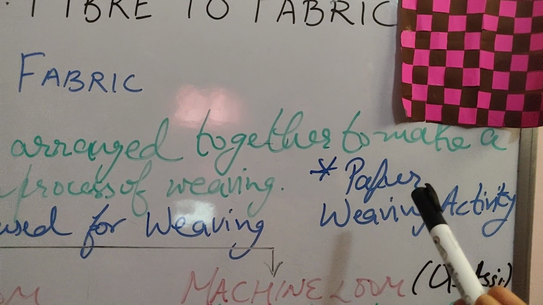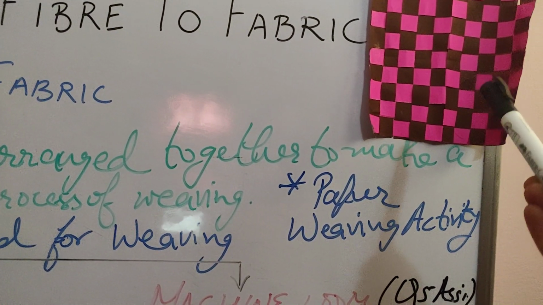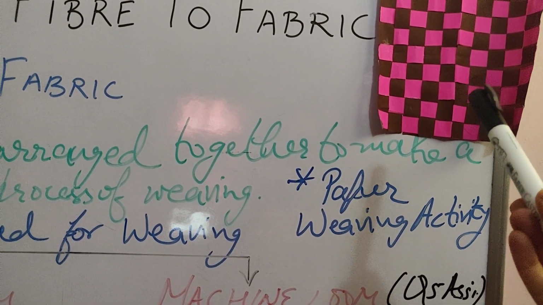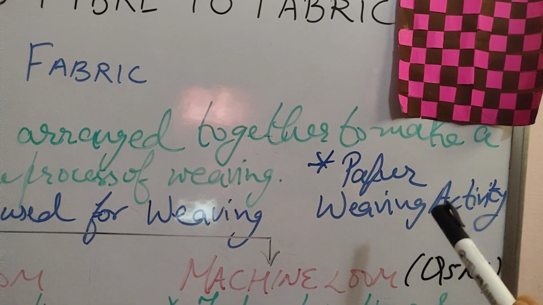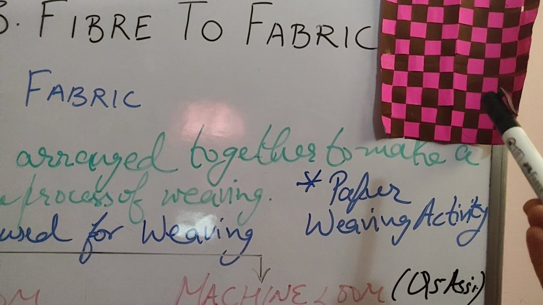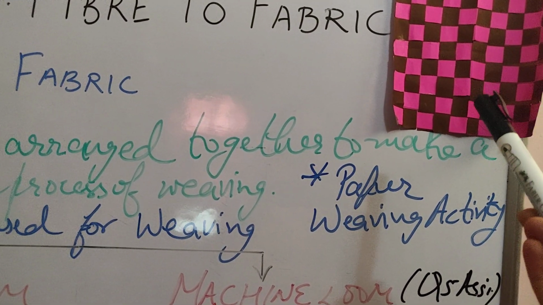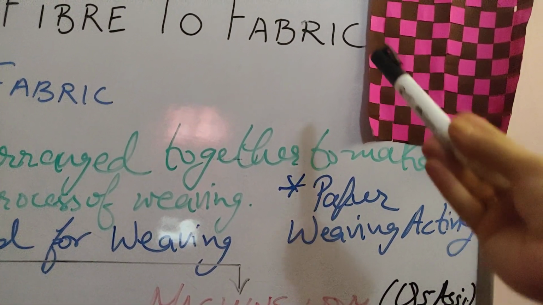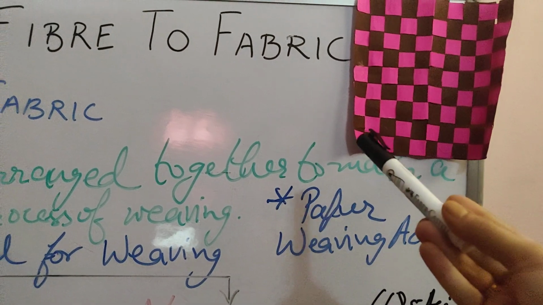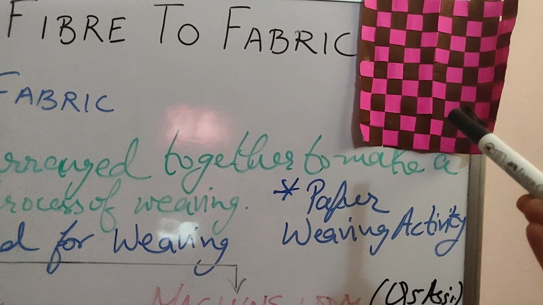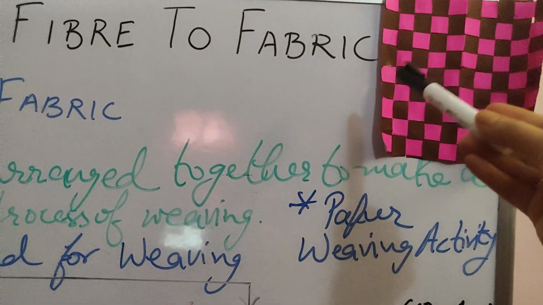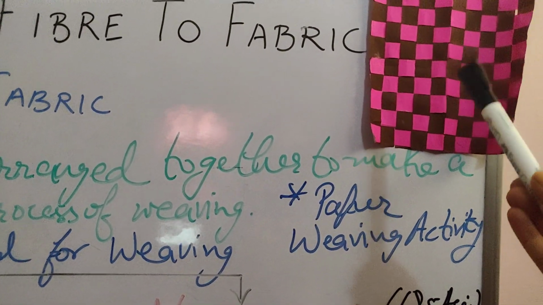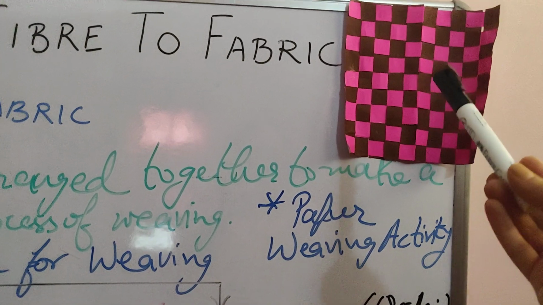You will understand the paper weaving activity from there. Each and every step is given to you properly. So understand the paper weaving activity, and this is your home task: you have to do this paper weaving. You can cut paper of any size, any color, but preferably of two different colors, and both the pieces should be square pieces, and then how to cut and how to weave it